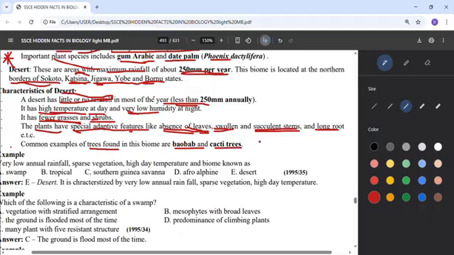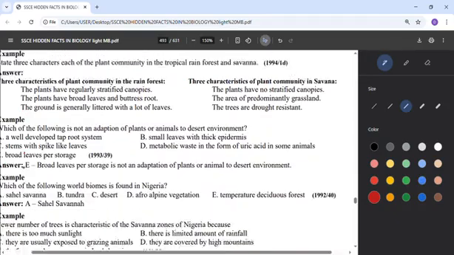So baobab, that's Adansonia digitata, and cacti from cactus. They are found in deserts. Now that leads us to